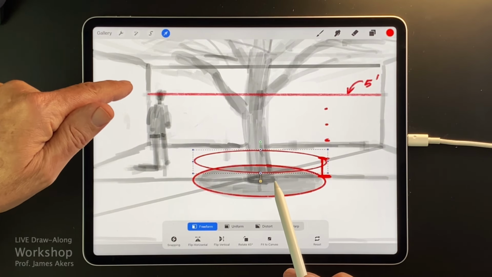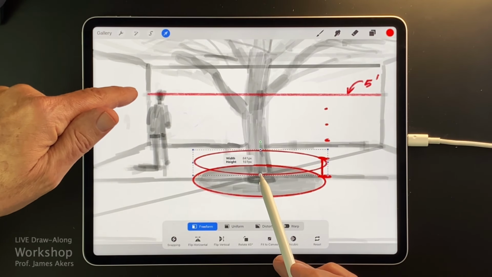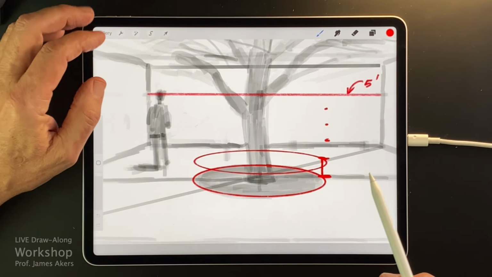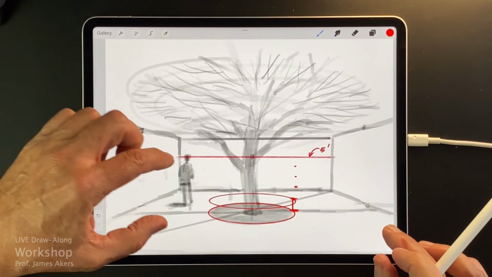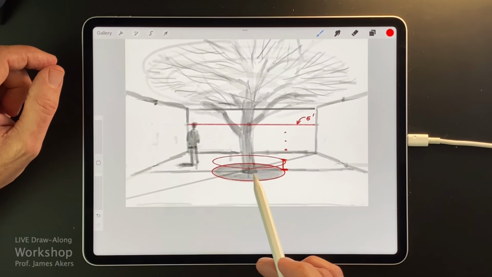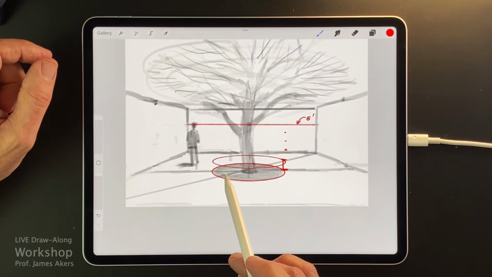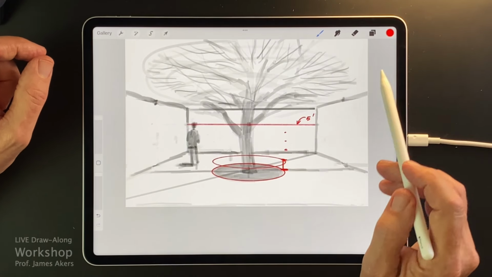So that's pretty close. And lo and behold, all just by using proportions, you've got yourself the kind of skeleton of this bench where people are going to be sitting around this tree.